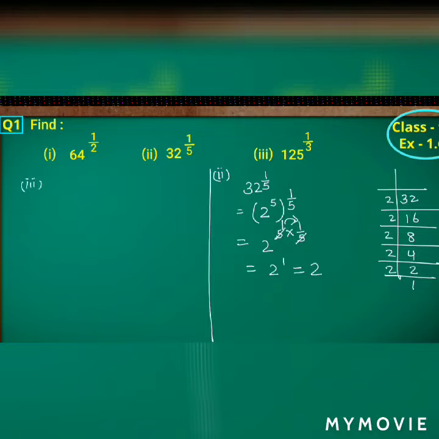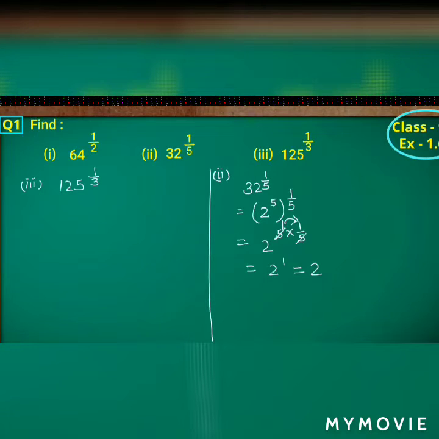So, 125 whole power 3. If you observe, the digit in the unit place is 5. 5 is not a multiple of 2, isn't it? So I am taking the value 5 here for the prime factorization. 5 5s are 25, and 5 5s are 125. Here 5 is multiplied how many times? 3 times.